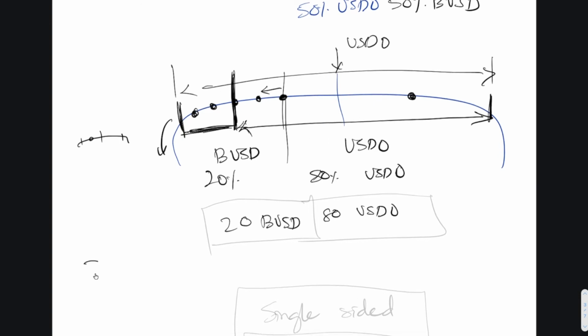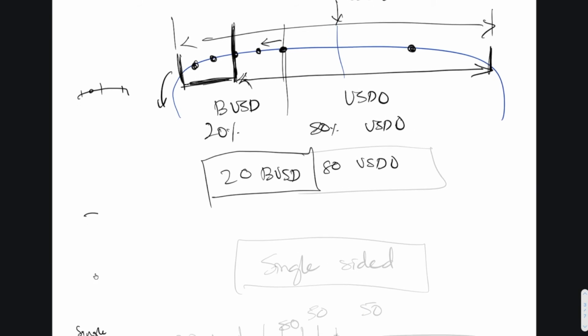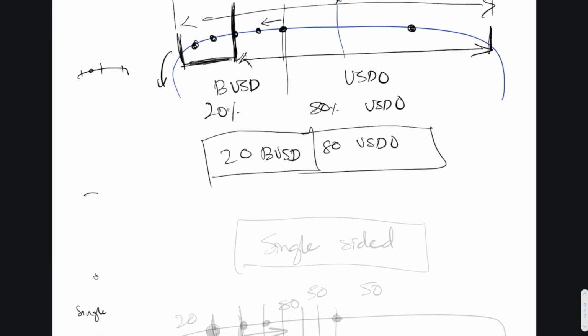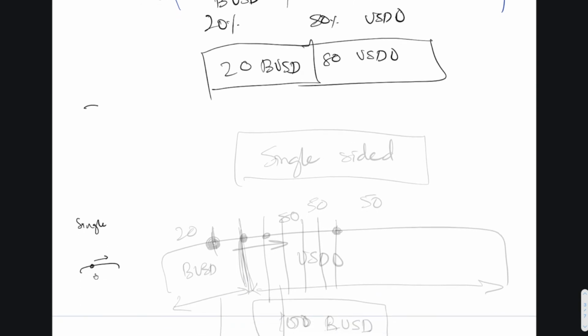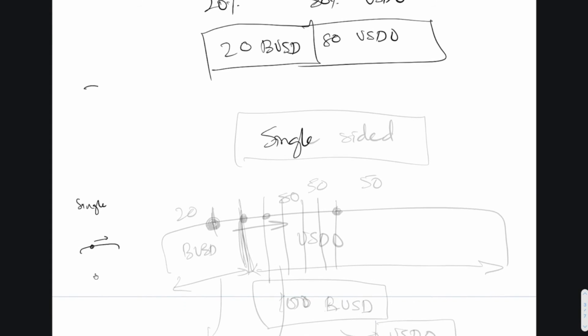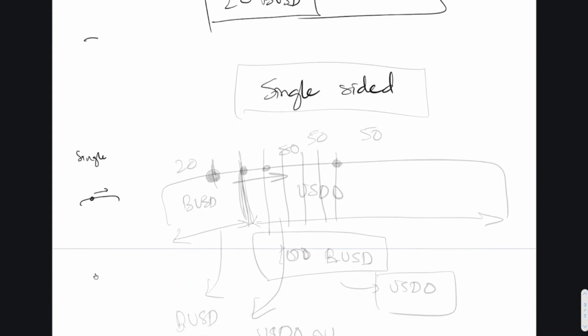Whereas what we really want is we want people to supply more BUSD, but the contracts don't work like that. Contracts basically only allow you to add liquidity based upon whatever the current ratios are. But there is a small trick we can use. We can actually force people to do what is called single-sided liquidity addition only,